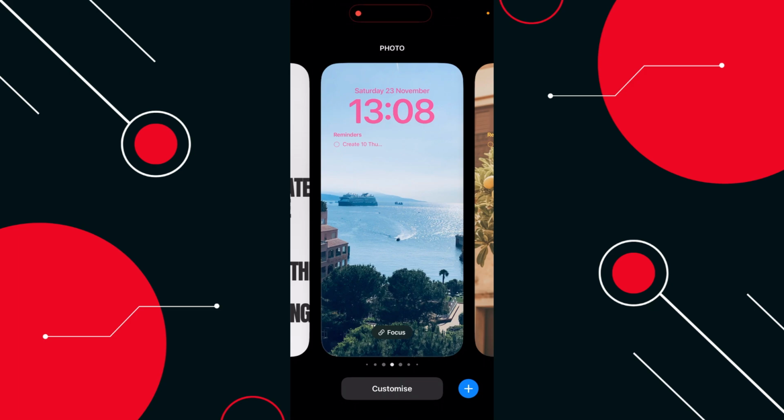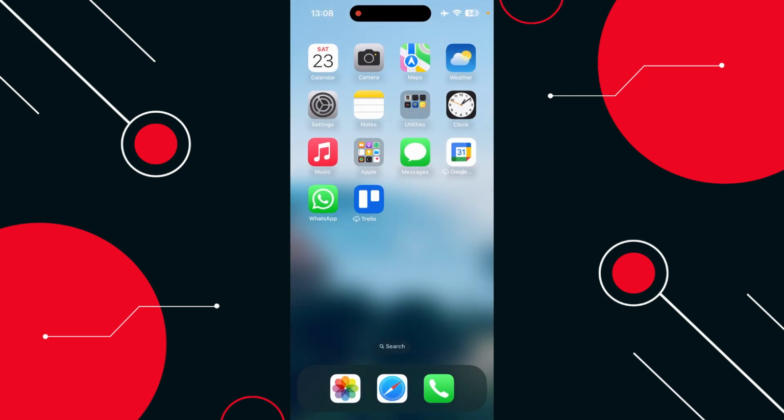In this video, I'm going to show you how to add reminders to a lock screen on iPhone. So as you can see, we've got our lock screen there with our reminder. So how you want to do that is you want to open up your phone and you're going to head